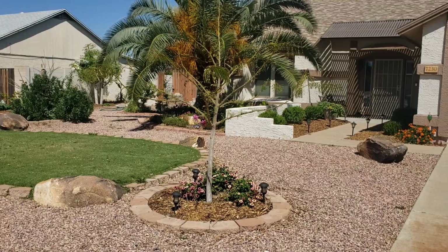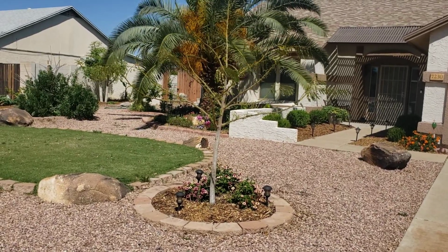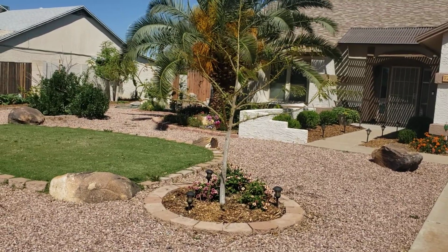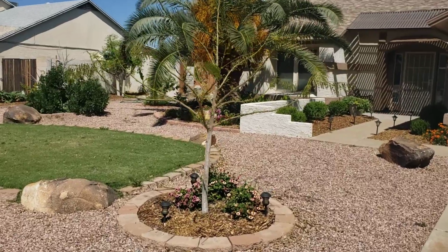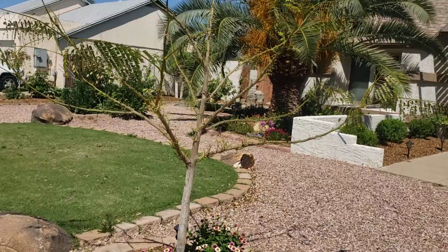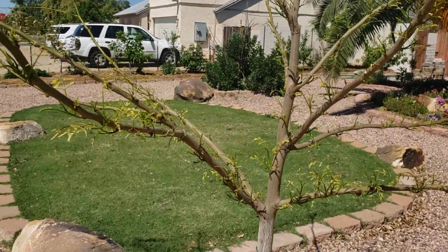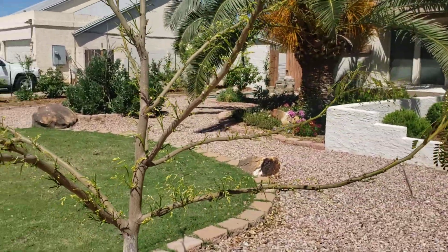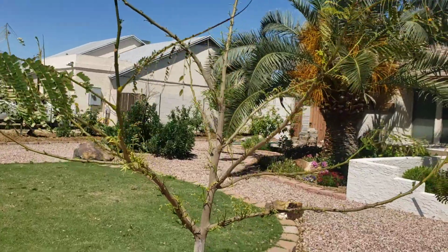this tree right here. This is going to be one of my landscape trees. It's going to be a car stopper in the future with the Royal Poinciana, and its beautiful red flowers when it blooms, but it's just now waking up because it's tropical. You can see all the new growth on it. It's going to be all these big fern-like leaves on it,